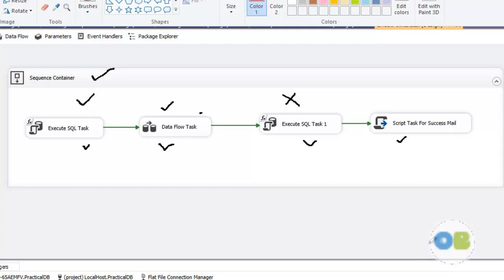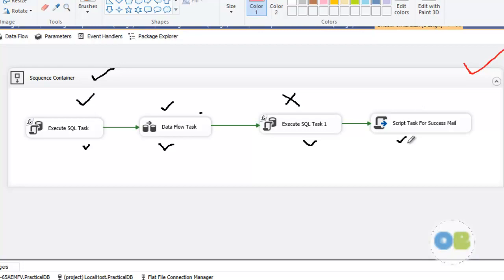So in simple words, if all the components pass, then we can say that a particular transaction has been executed successfully. If any one component fails to execute successfully, then we can say that my entire transaction has failed. And if my entire transaction has failed, then whatever uncommitted data is there, those components have to roll back that uncommitted data. Okay, so this is the example for transaction. Now let's take the same example for checkpoints also.